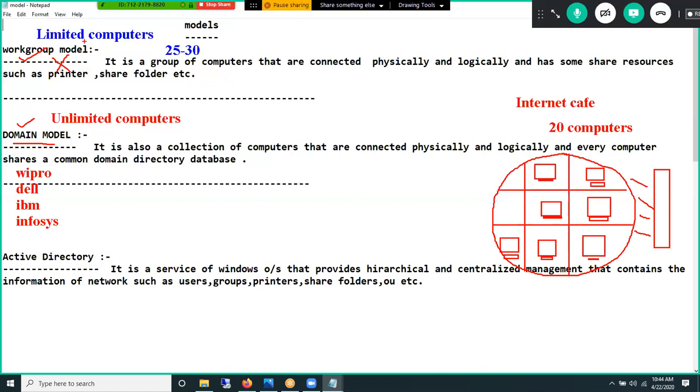So the first difference is that a workgroup has a limited number of machines, whereas a domain will have an unlimited number of machines, where the limit depends on the company. Okay. Now the next very important difference. Now a workgroup is also called a P2P network. Okay. P2P means, if you connect 20 computers, you have 20 computers. So by using 20 computers, I have already created a network for my internet cafe. Okay. So the next question comes: if you are making a network of 20 machines, 10 machines, 2 computers, or maybe multiple devices,